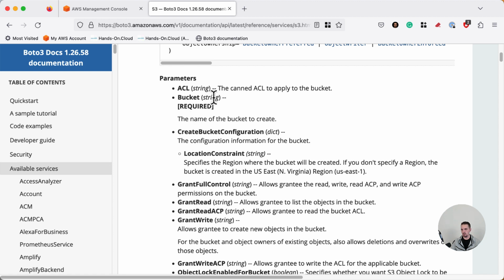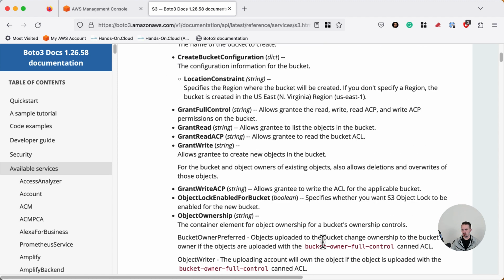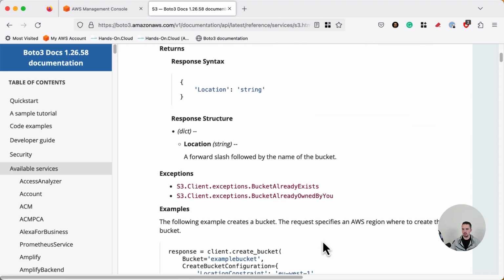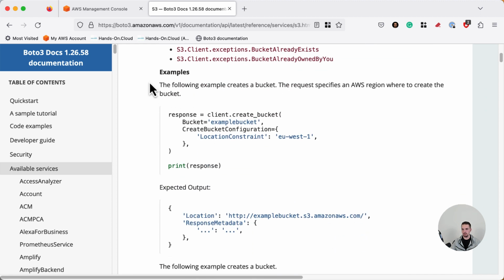What is the type of the parameter, if it is required or not, and so on and so forth, right? So for AWS services which have existed for a long period of time, you may find additional bits of information within examples of how to use it. For example, in that specific case, here's an example of using the Boto3 client library to create an S3 bucket with that specific bucket name and location constraint, which will create an S3 bucket in a specific EU West